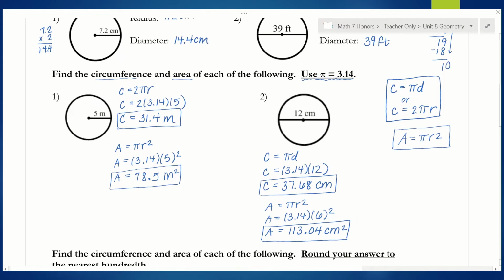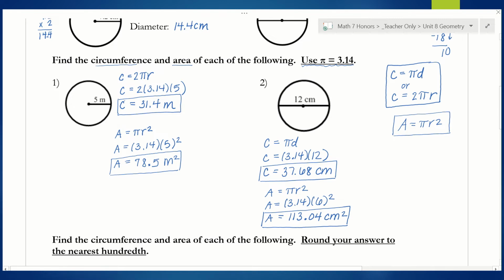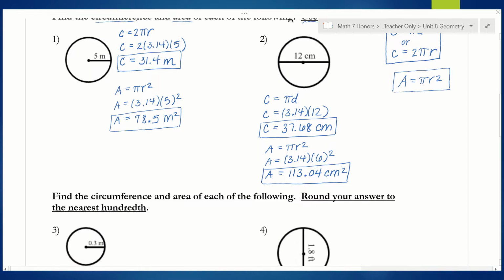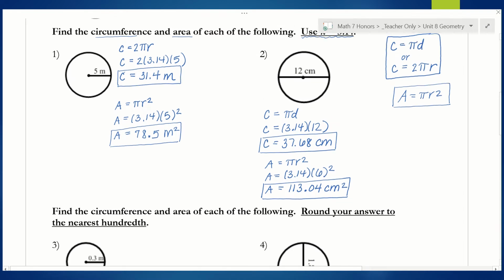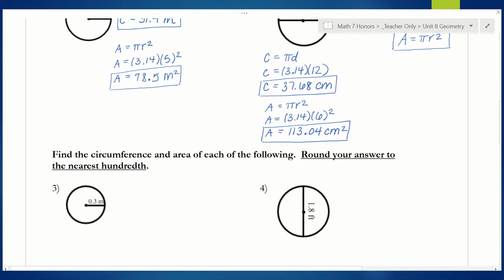Okay, so that's how you use your formulas for circumference and area. Now, we're going to keep going. We're going to do the same thing, but if you look at the next part, it says, find the circumference and area of each of the following, but to round your answer to the nearest hundredth. So when you see directions that say that, what it's really asking you to do is to use the pi